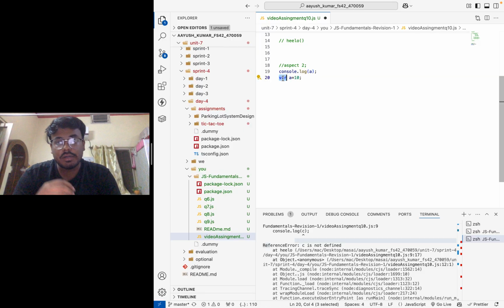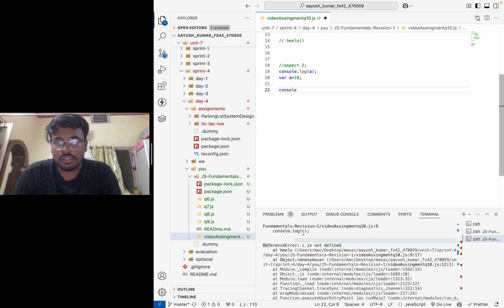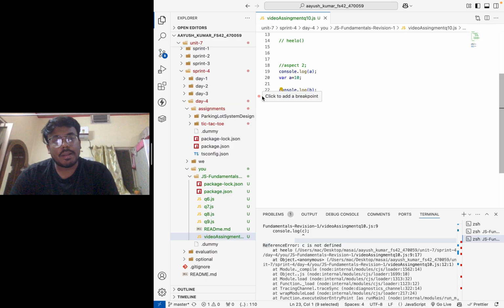What is temporal dead zone? Suppose here I print console.log(b), and here I write let b = 20. So let b is in the temporal dead zone, TDZ, because console.log was written earlier, and the value is assigned later.